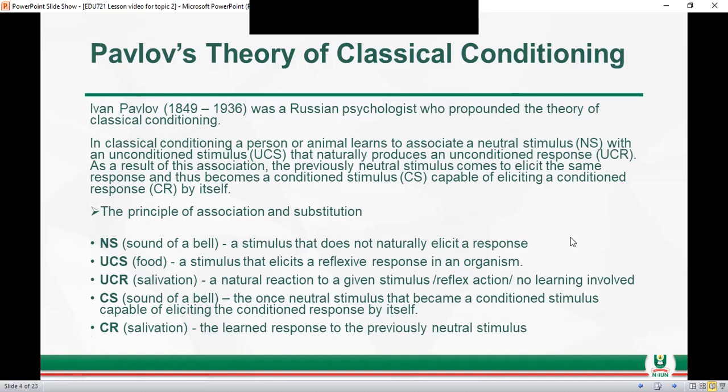Pavlov's theory of classical conditioning. Ivan Pavlov was a Russian psychologist who propounded this theory. Before I go into detail, let me give you a background about this theory. In classical conditioning, a person or animal